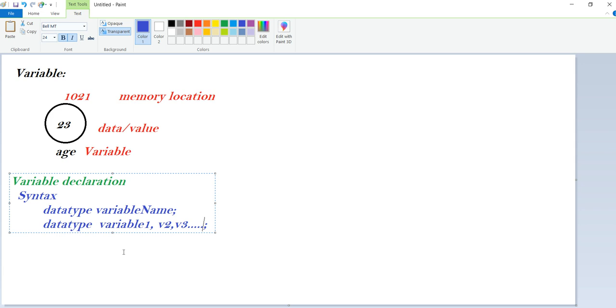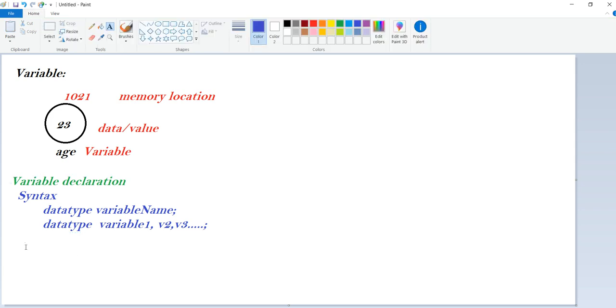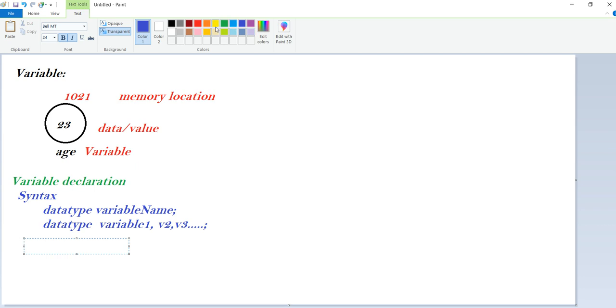This is the syntax, but in an example, how can we define it? If I want to store one integer value, like the roll number of a student, the data type is int. Or double, for marks.